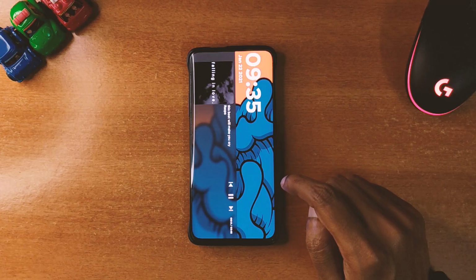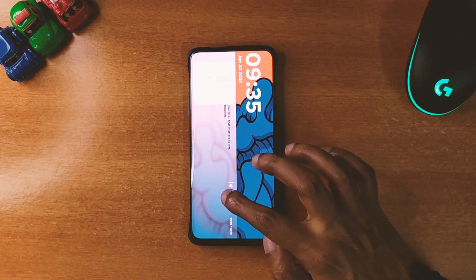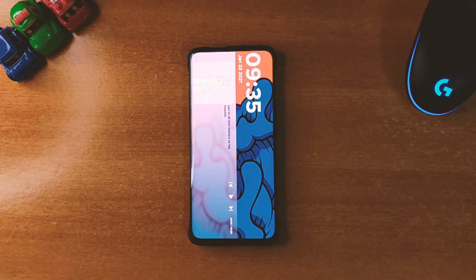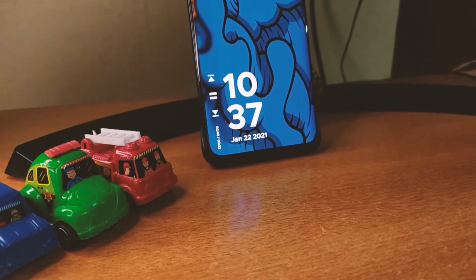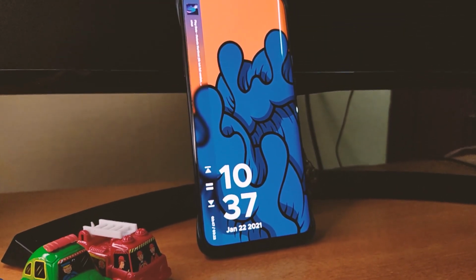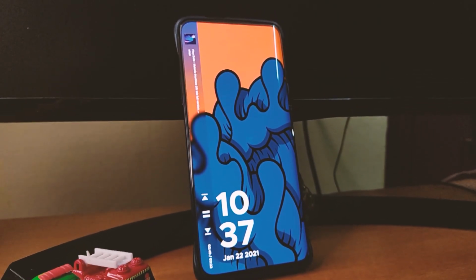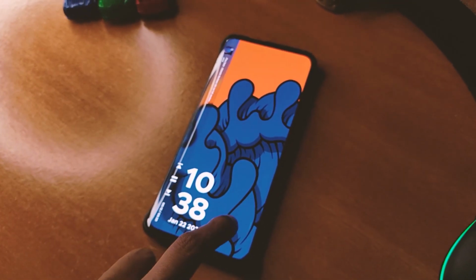Another swipe to the right opens up the music player completely with a unique animation which looks very sleek in my opinion. That's about it. You can customize the theme to make it more personal by changing the wallpaper and the colors as I did here. So overall, it's a very minimal theme that you can check out.